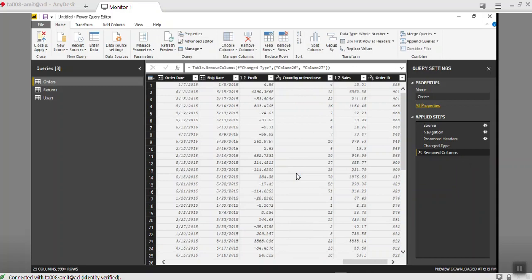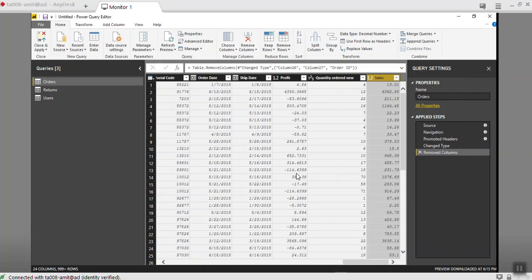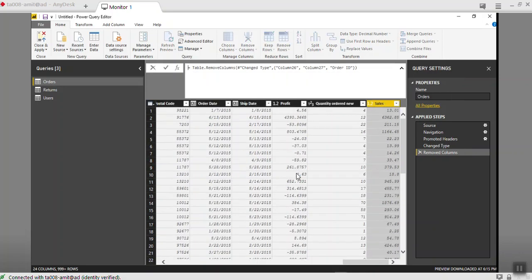Now next time if I remove a column, suppose I want to remove this order ID, it will remove the column. It is automatically getting added to that particular query.